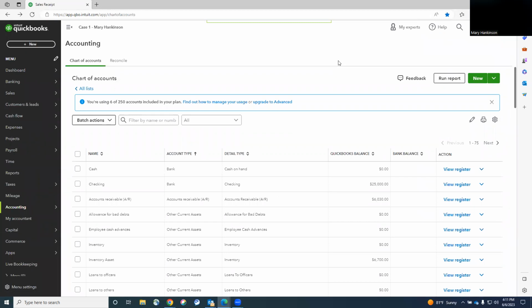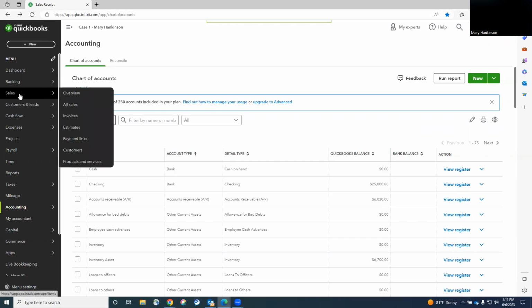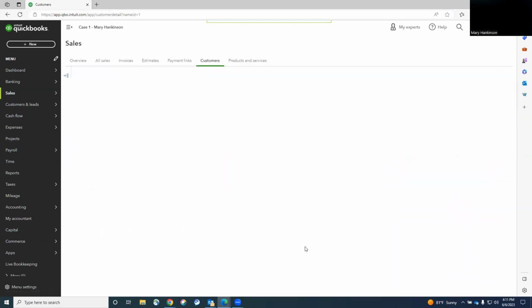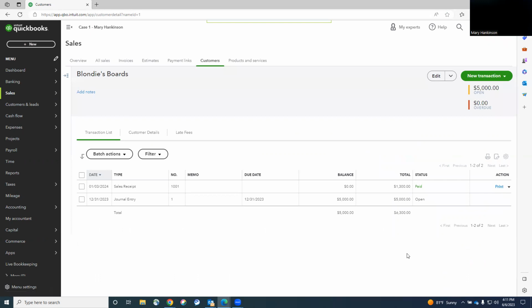All right. So we've recorded a sales receipt and we've recorded an invoice. So now let's record a cash payment received from Blondie's Boards. Okay. So we're going to record a cash payment received. All right. So we can do one of 2 things. We can go to sales receipt, go down here to customers, and we can see our customers. We can click on Blondie's Boards. All right. Now,